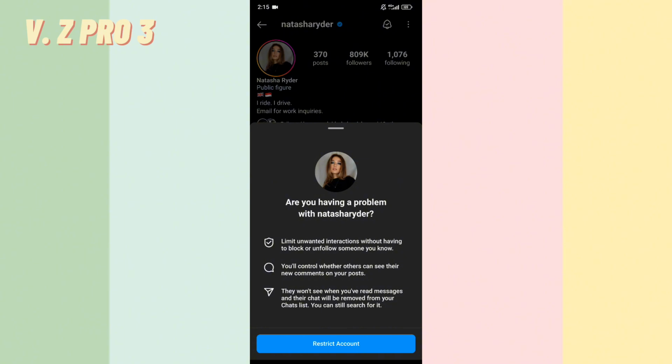So, when you restrict this account, you will limit unwanted interaction without having to block or unfollow someone. You'll control whether others can see their new comments on your post, and they won't see when you've read messages, and their chat will be removed from your chat list, but you can still search for it. You can tap on restrict account,